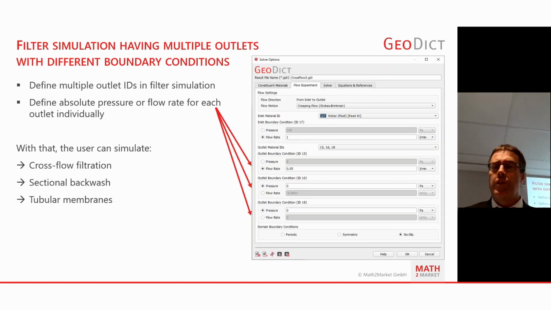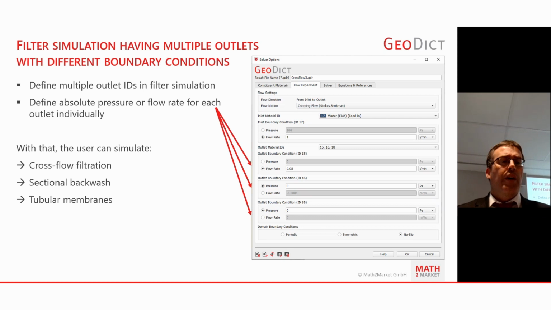Having the complete filter in one software solution allows for automation and digital optimization. Here we have full control over the specification you want, to have the main axis with a certain pressure, but a rear axis with a certain flow rate. You can do that now. As of GeoDict 2024, all outlets can be specified separately. And actually, which is not stated on the slide, the inlets can also be non-axis parallel now.